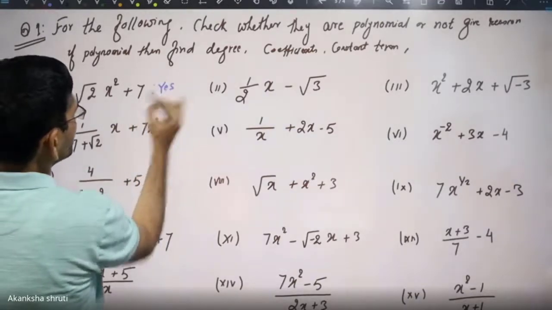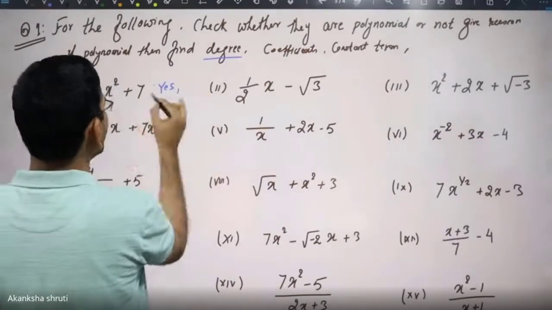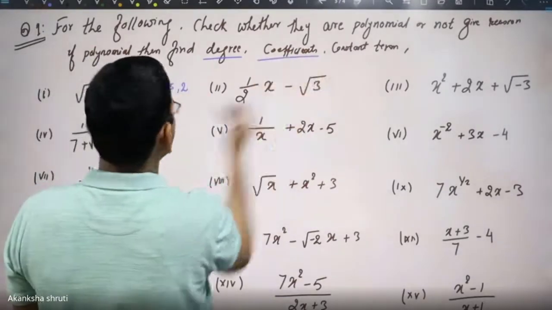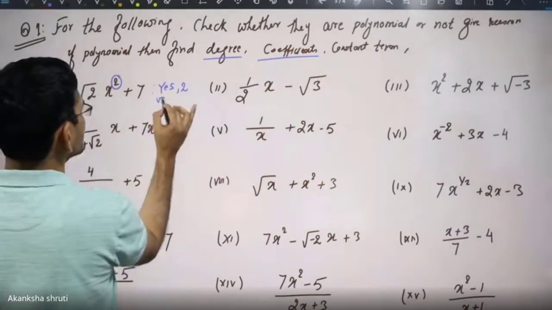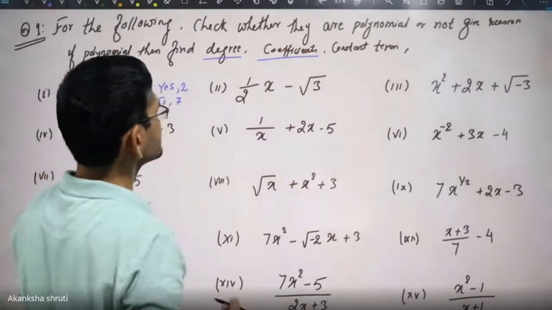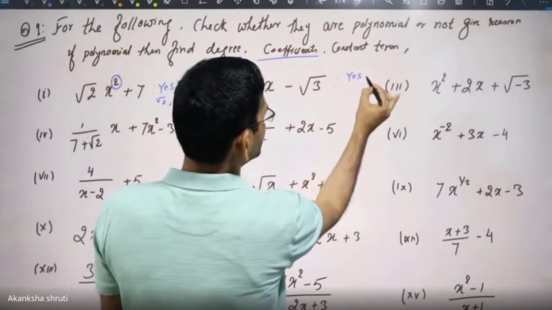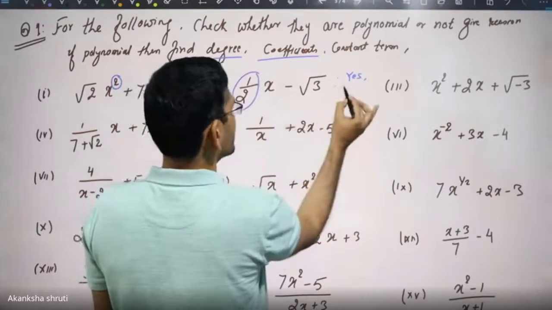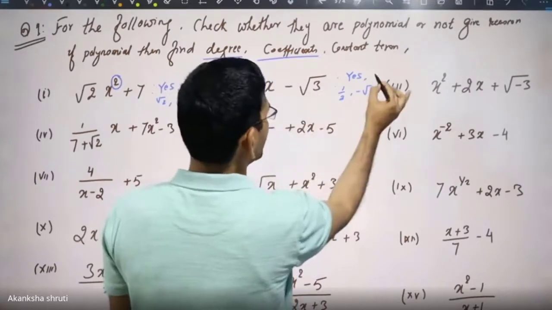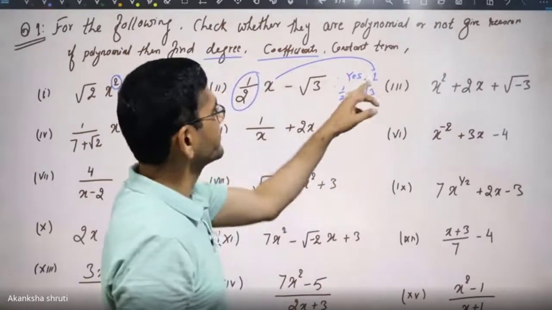yes, it is a polynomial. जब भी आप yes बोले तो अभी आपको इसका degree बताना है. Degree क्या रहेगा? Square, it is 2. Coefficient, what are the coefficients? One is our √2 and another is our 7. Okay, मैं just order में लिख देता हूं. Whether it is a polynomial or not, yes. What are the coefficients? One is our 1/2 and constant term is minus of √2. What is the degree? Degree is our 1, ये वाला 1 डिग्री x का पावर में.